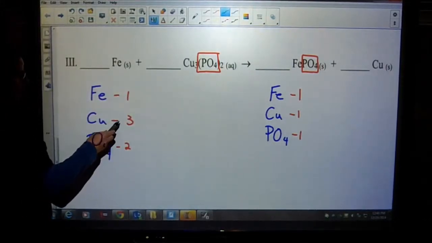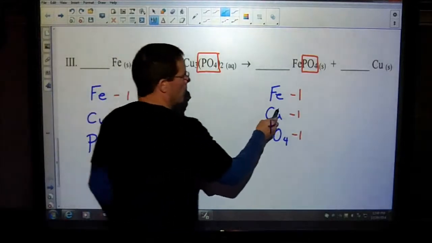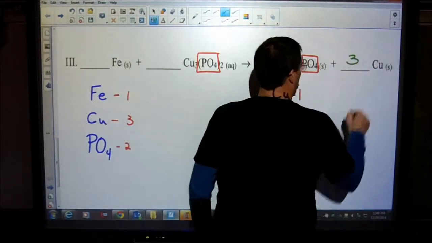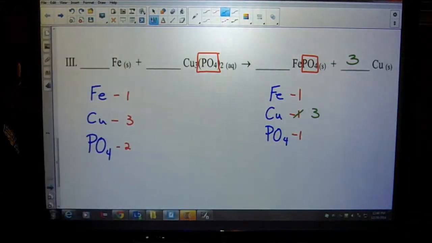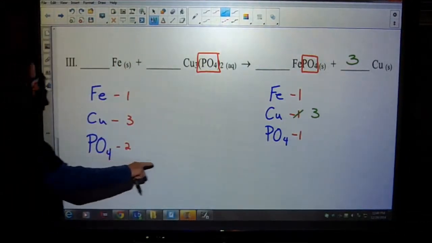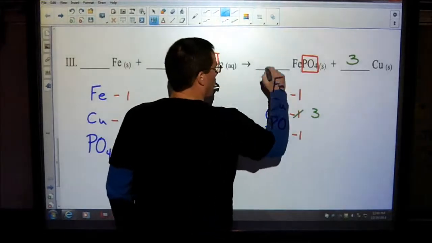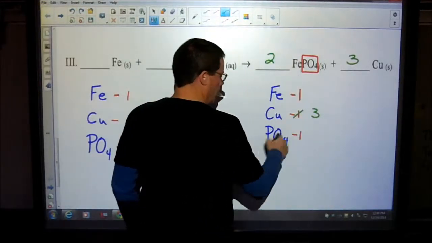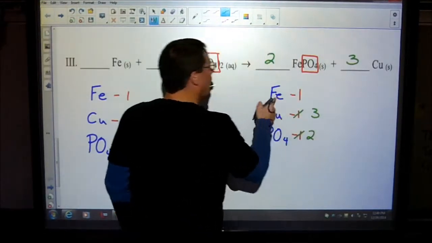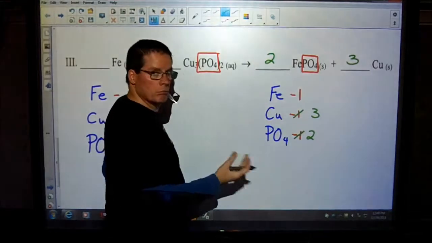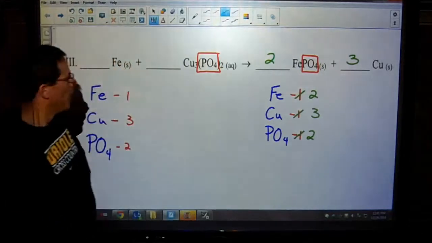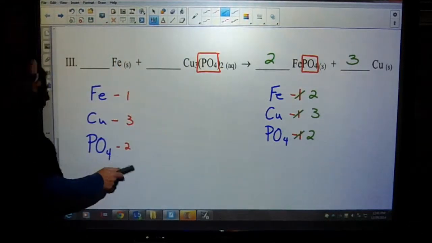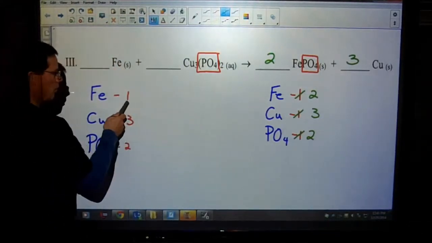Copper, that's a problem. We have 3 here, but we only have 1 here. So if we put a 3 there, that makes it nice and tidy. And then I have 2 phosphates here and 1 phosphate over here. So if I put a 2 here, now that means I have 2 phosphates, but it does change my iron count, which is okay, because now I have 2 there. And then when I look at that, I say my phosphates look good, my copper looks good, but my iron